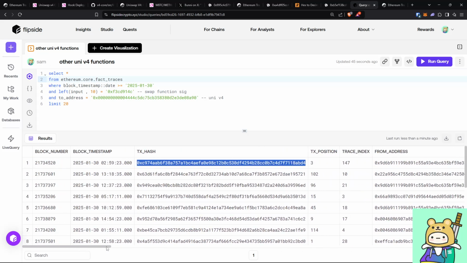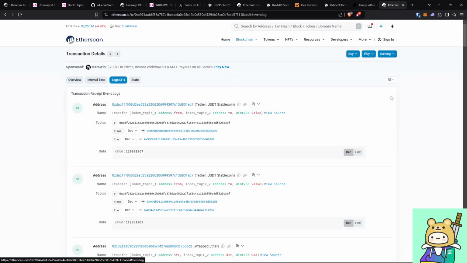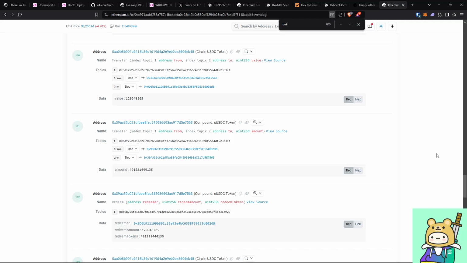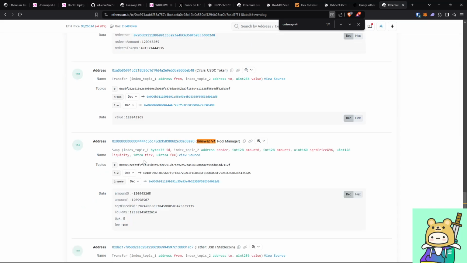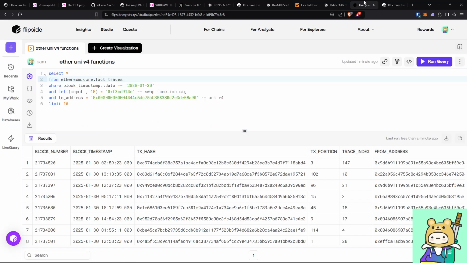Now, to actually decode this, I think it's easier to just use event logs, because all the things are straightforward. Okay, cool. Yeah, the event logs, it's all there. But my point of showing this here is because using this